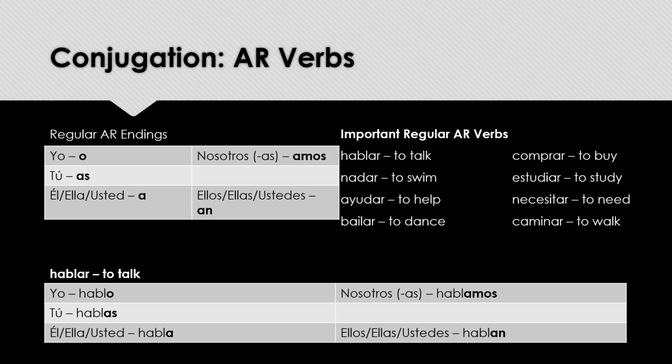Each of these endings, once added to the verb, gives subject, tense, and obviously still the verb itself. Here are some example sentences. I talk with my mom is hablo con mi madre. They dance a lot is bailan mucho.